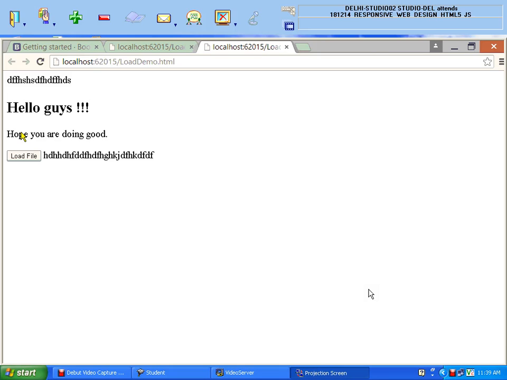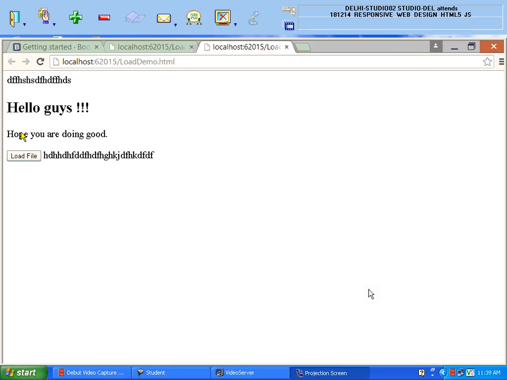Why am I using the load method here? Just to take content from another site. Sometimes I have a web page, and I want to fetch data from a server from different files and club that in one web page.